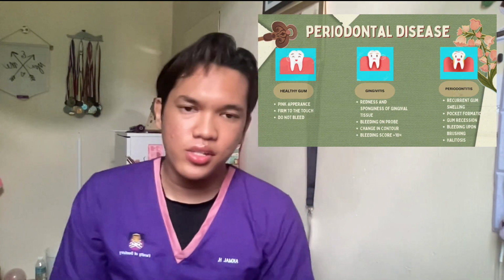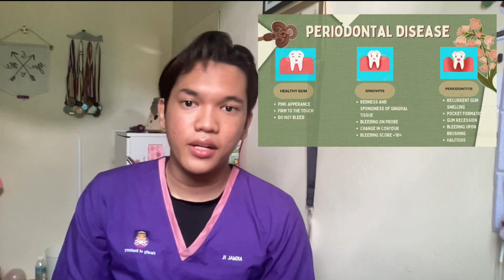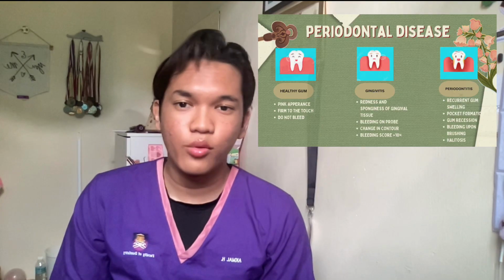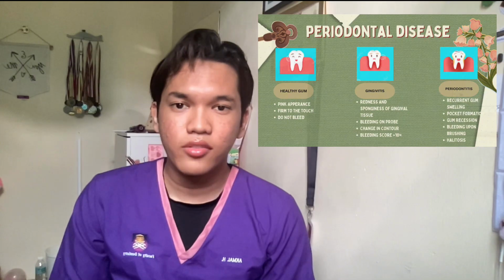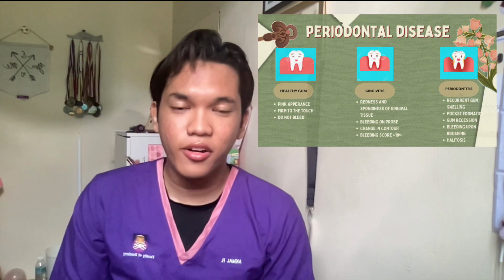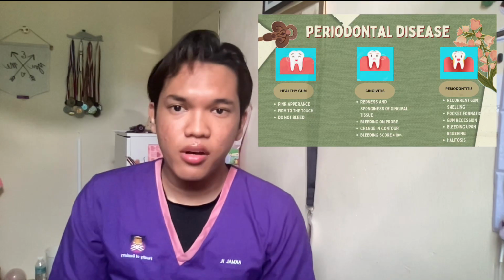Some of the main features of periodontitis are loosening of teeth. It means your teeth become more mobile. When we want to examine whether your teeth are loose or not, we try to push the tooth back and forth to see if the tooth is easily mobile,